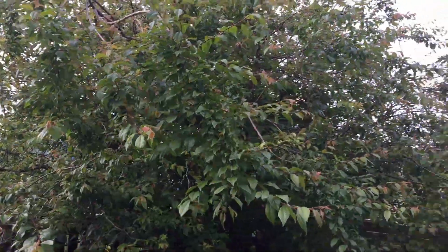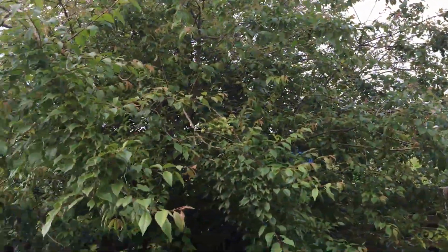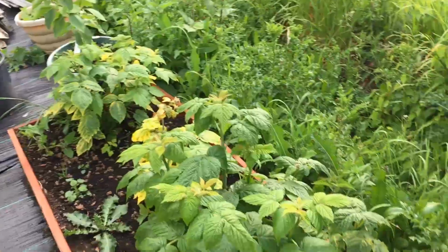Plum tree, I need to get in there. I need to cut that back. It's not looking very well at the moment. It's gone a bit limp. So what else have we got going? Let's have a look. Oh, another pole snap there. We've got